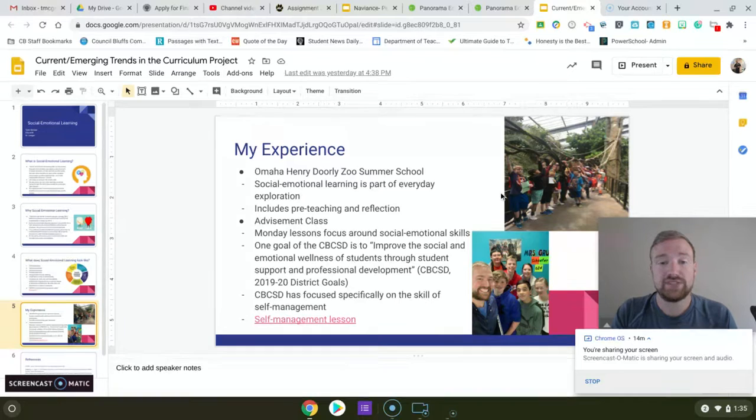Like I've stated before, I think the most important thing to remember around SEL skills is making sure to develop that relationship with students and developing that rapport and trust, so that students feel comfortable talking about these things and reflecting on these things with you and having those discussions. It's not only something that children can benefit from, but also something that we as adults can all improve on as well. Ultimately, it helps us to be better teachers, and it helps them to be better students and eventually to be better people going on into their careers and the rest of their lives.